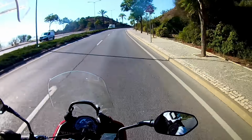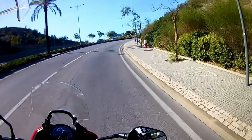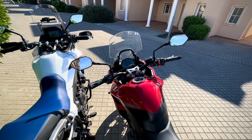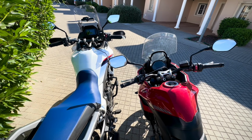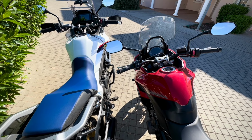The Tiger is significantly smaller than the TRANSALP in just about every dimension. Seat height is 835mm compared to the Honda's 850. The TRANSALP is relatively narrow, but the Tiger feels positively skinny. There's also less bike in front of you with the Triumph. You still feel as though you're sitting in the Tiger rather than on it, but the overall sensation is one